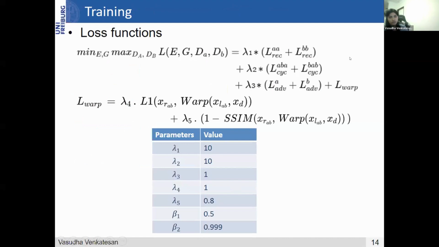Yeah, these are the various loss functions. These are pretty standard loss functions: reconstruction loss, cycle loss, and the adversarial loss, along with the warping loss, which I mentioned. We use L2 loss for reconstruction and adversarial loss, and for cycle it's an L1. And for warping, it's a combination of L1 and SSIM loss. So L1 is the standard mean without the square part,